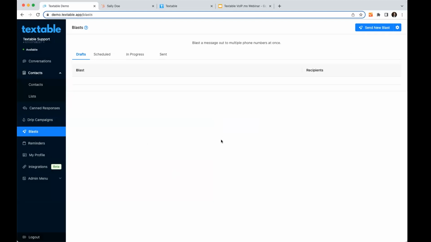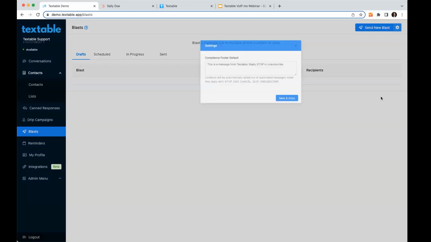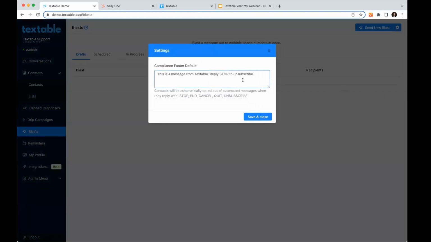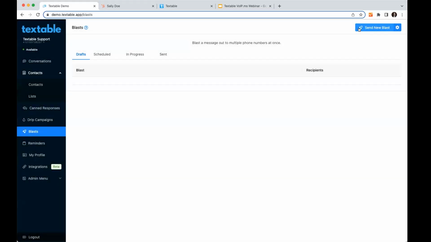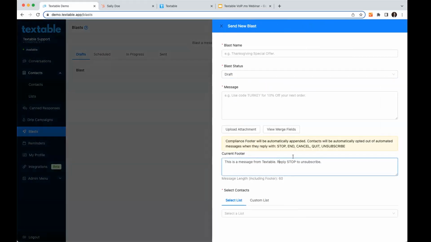And then down here to blast, I'd mentioned them with the list feature, but I'll go into them a little bit more detail. Again, a blast is really how you send out that one-to-many notification. Down here, we have our settings. I just pulled up the settings real quick, only to show you. You could set a default compliance footer. And what that means is this is something that's going to get appended to the bottom of every blast. It's generally recommended that you identify who you are and how they can opt out. Some folks like to get a little more verbose and say, this is why we're contacting you today. But generally speaking, just who you are and how to stop is good.